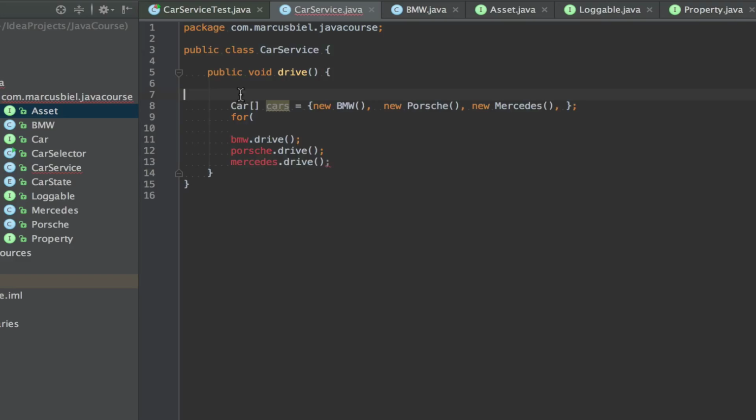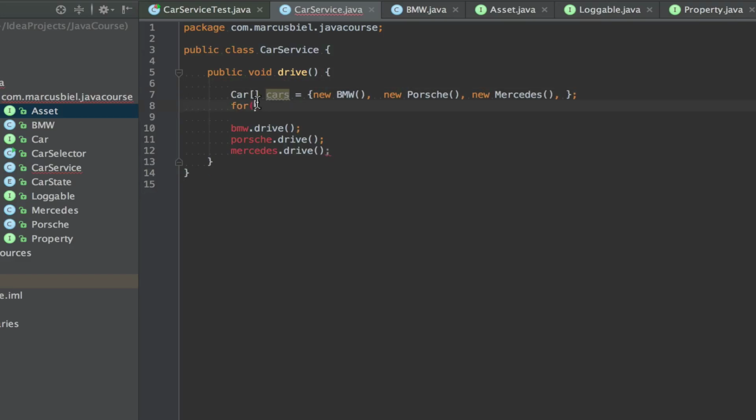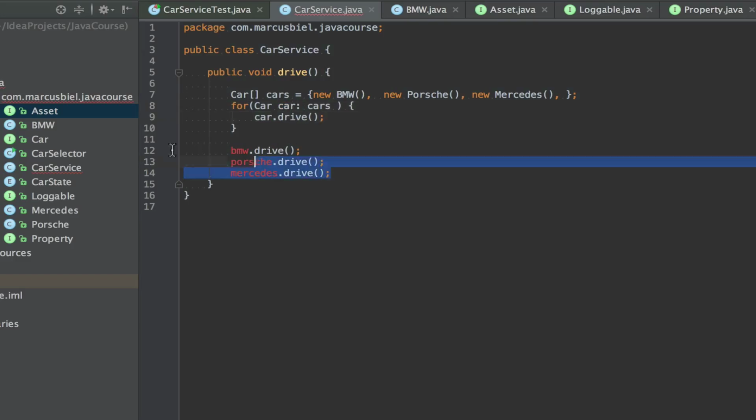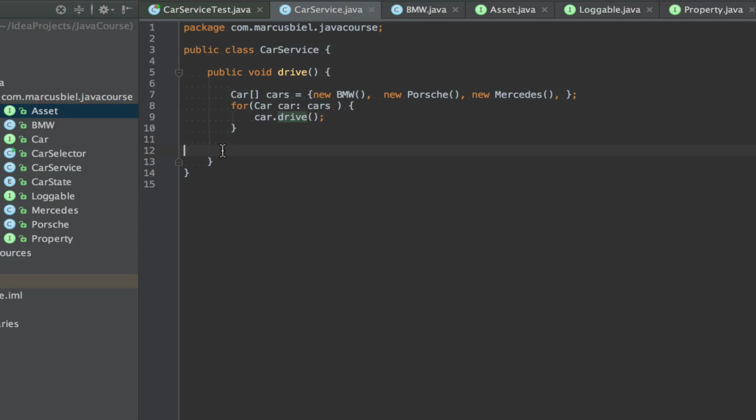Okay. And now on this array, I can easily iterate. And I can now say car.drive. And well, as said before, each car will drive differently, but this will be handled by the object.